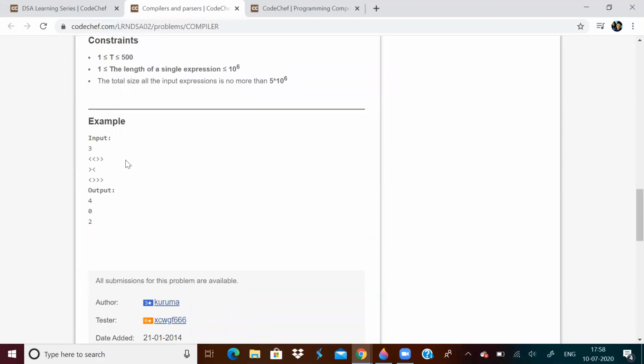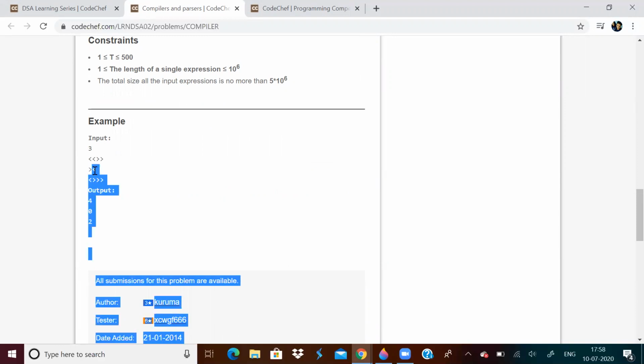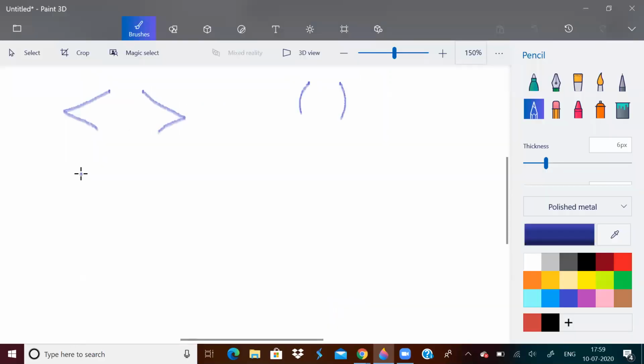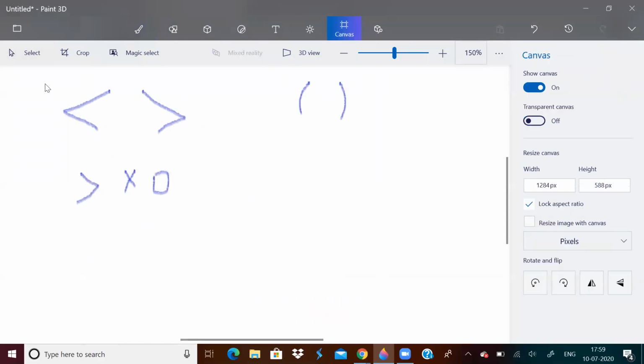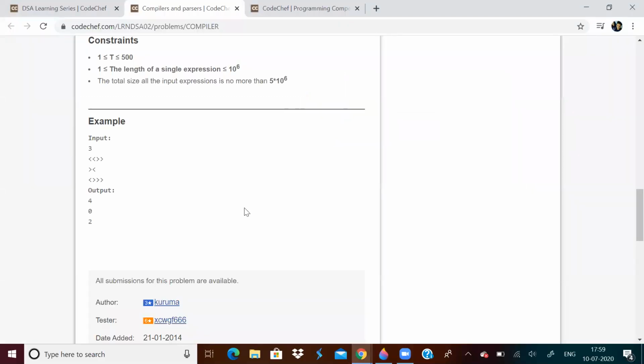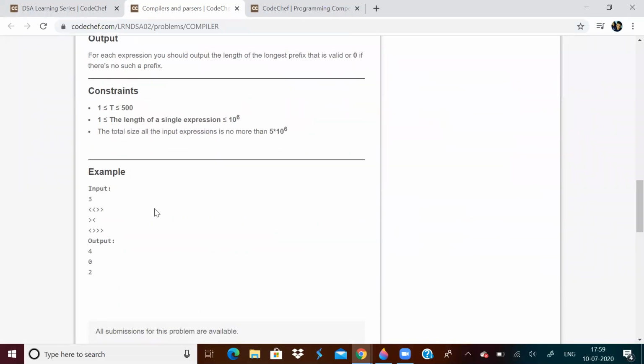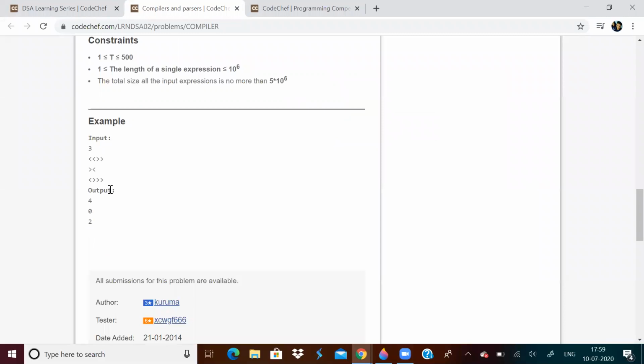So we discussed this case. Let us discuss this case. Over here there is no valid prefix because the starting itself is this symbol. If the starting of the string itself is this, then the answer will be 0. You cannot have this as the starting. So basically how to solve this? It is something like the matching brackets problem only. Maybe you can use stack, but if you do not want to complicate things, I can tell you a better way.